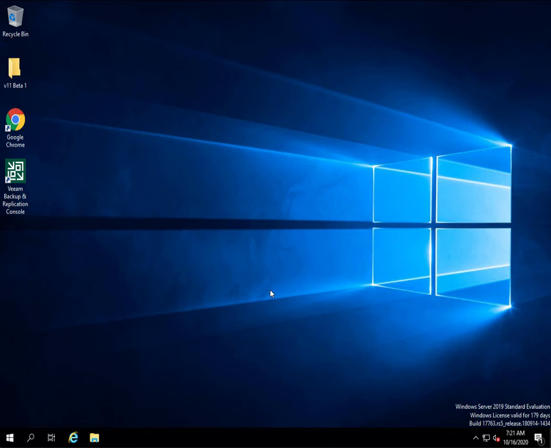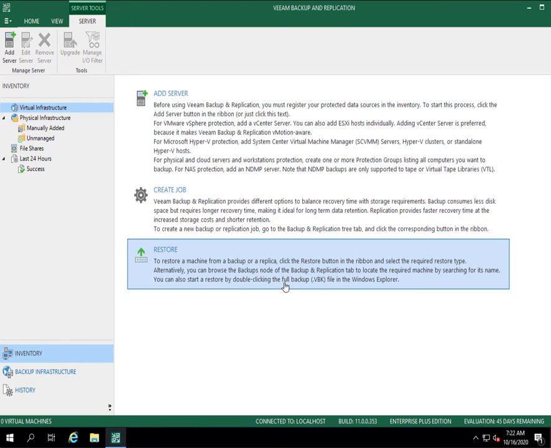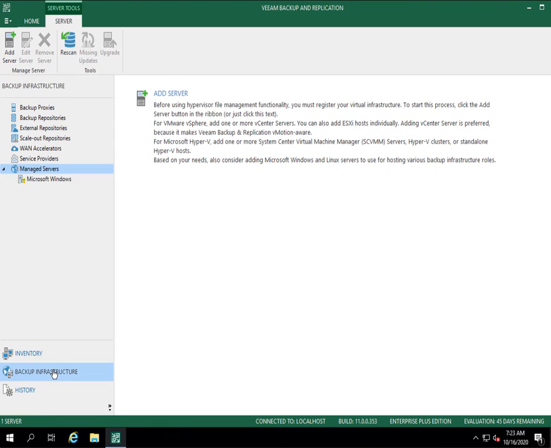Now that we've rebooted the machine, we'll go ahead and launch Veeam Backup and Replication by double-clicking on the Veeam Backup and Replication console icon located on the desktop. Click on Connect. So one thing that we'll want to just verify is if we click on the Backup Infrastructure